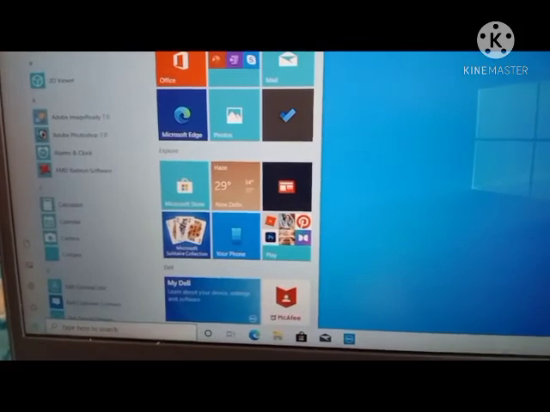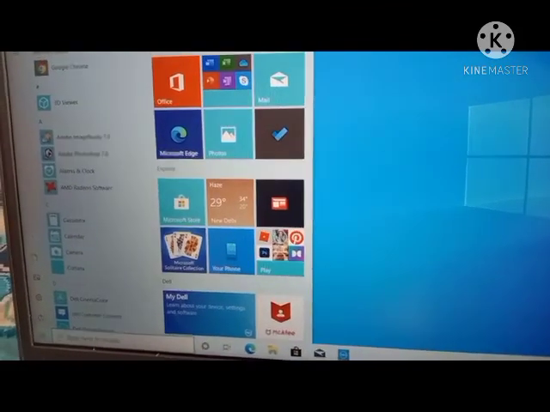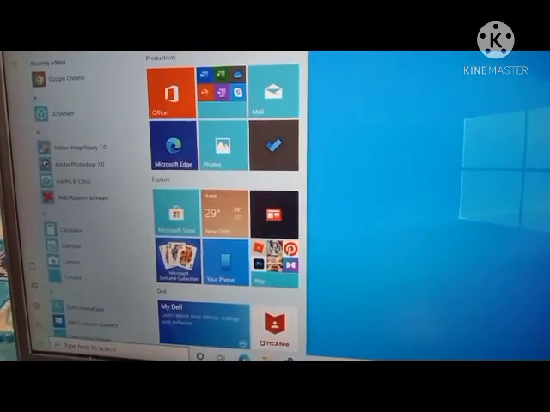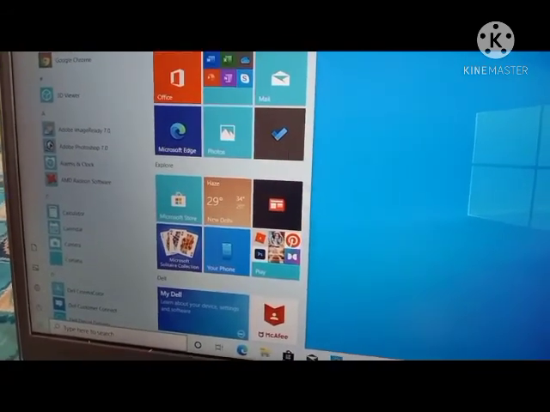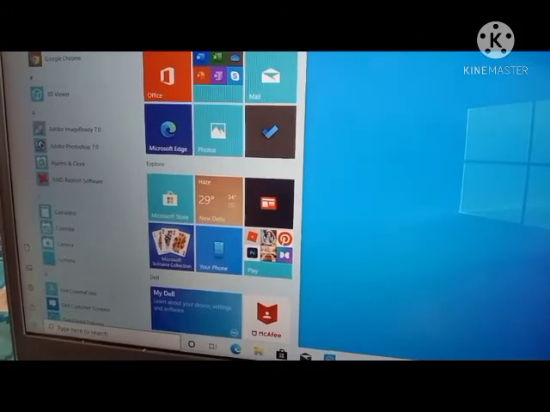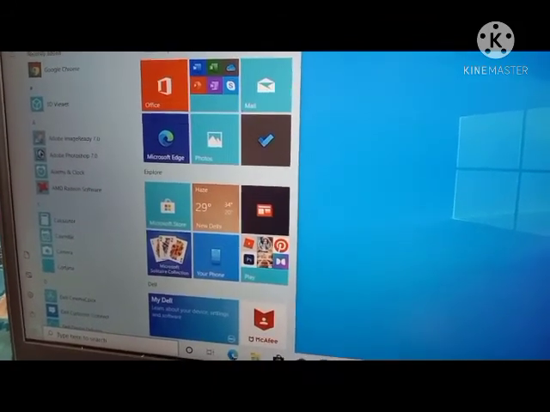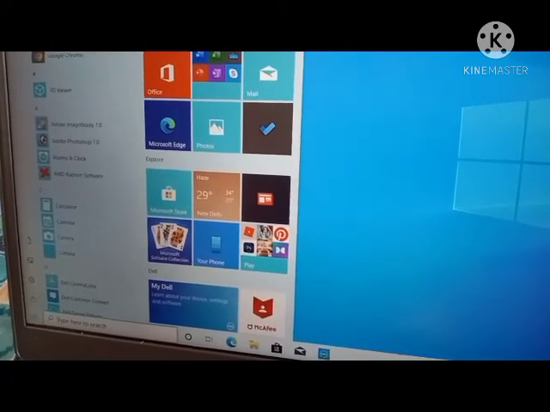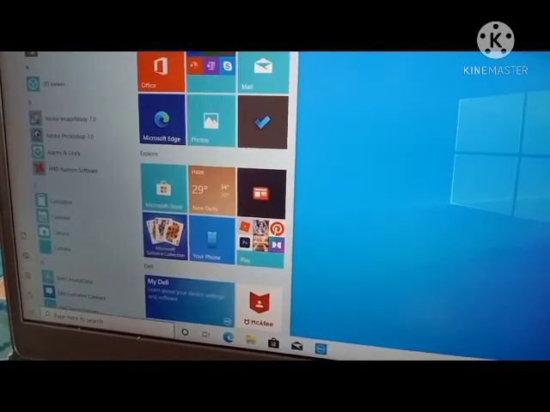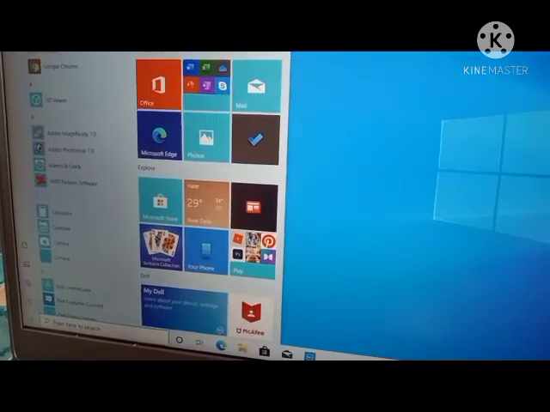There are two panels, left is application and right is live tiles. If you want to form a live tile of any application, you have to click on the application and a pop-up menu will appear and you have to click on Pin to Start. So that application will form a live tile.